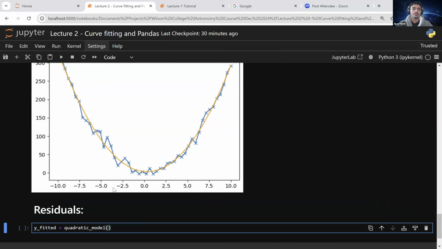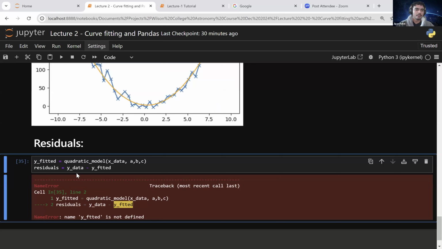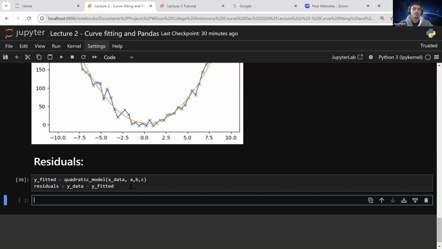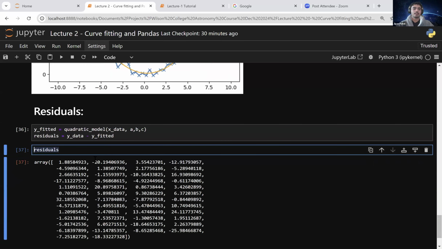Quadratic model with x data and a, b, c variables is going to be y data minus y fitted. So residuals would be these, but if I want to plot these residuals,